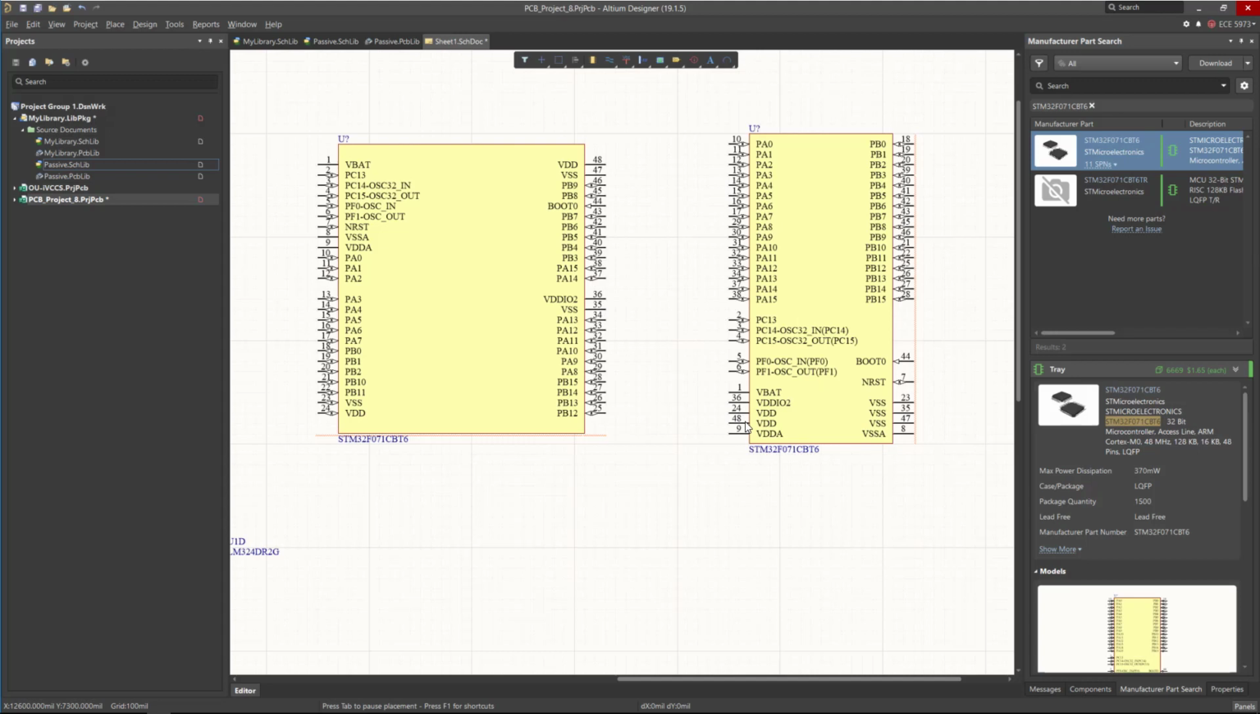And now here you can see they are distributed on the power. They are in separate section of the symbol. We have V battery, we have the VDD for the IOs, we have the VDD, we have VDD analog. Then we have the ground, VSS, and then we have the reset pin and bootloader. These are special functionality. And here we have the oscillator pins, and here we have the other oscillator, the 32 kilohertz